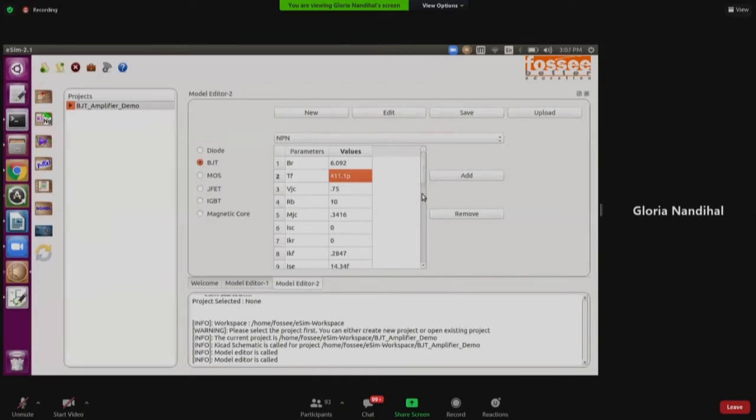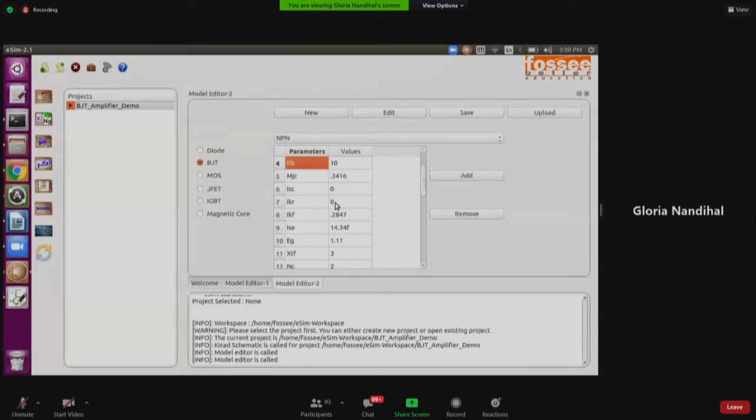And also, if you want to remove any parameter, for example, there is one parameter which is marked delete, the RB. It is required just to show how the remove option works. If you see the doc which has been shared with you, if you want to delete any parameter, click on the parameter and use the remove option. Similarly, you can also use the add button to add parameters. If you want me to repeat any step, please let me know.